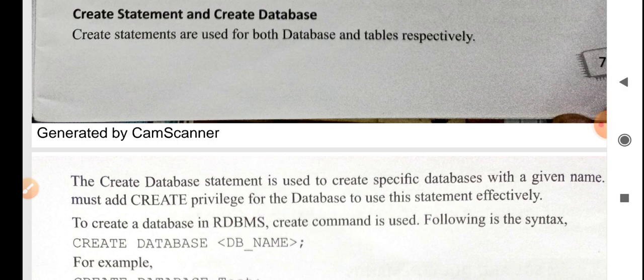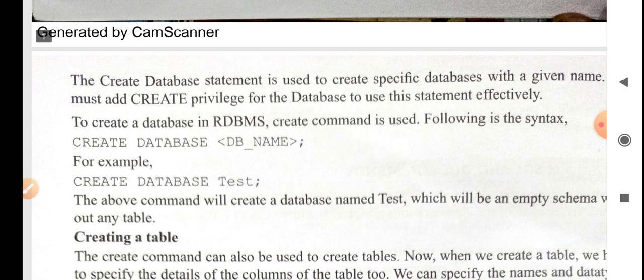This is the second part of the video on SQL commands, and in the first part we studied the types of commands. The link is given in the description box. You can see it from there. In this video we will see how you can create a database, a table, and some other functions also. So, starting with the first type, how can you create a database.